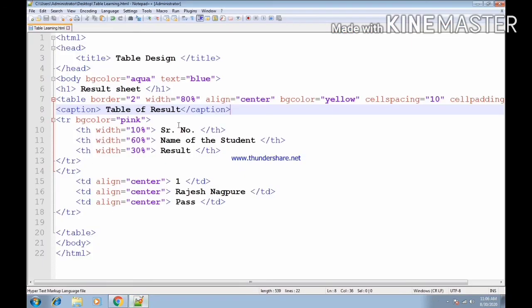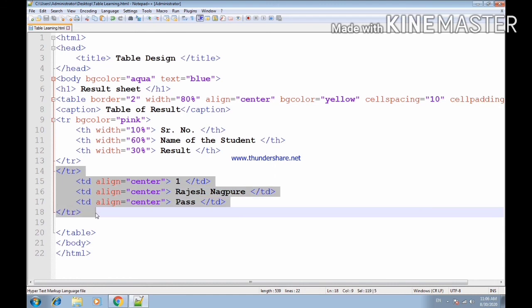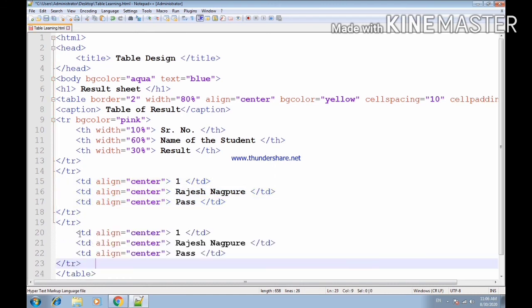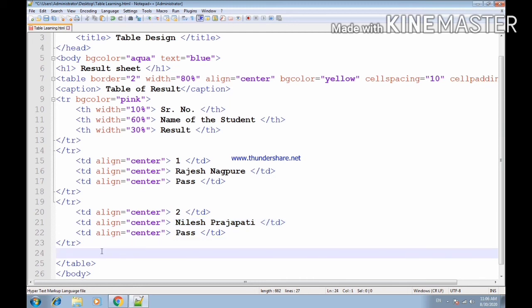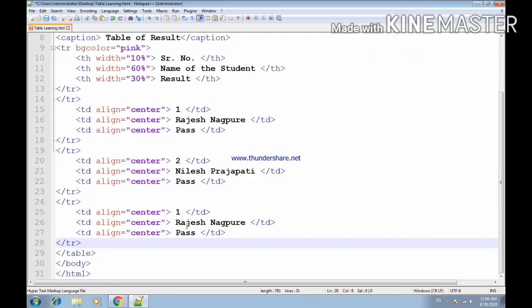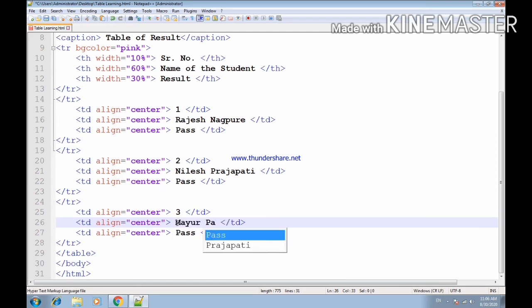Okay, now suppose I want to add many other names. So what I'll do, I'll simply copy this and paste it over here. Now change the data now to, okay, then again, number 3, Mayur Patel, pass.